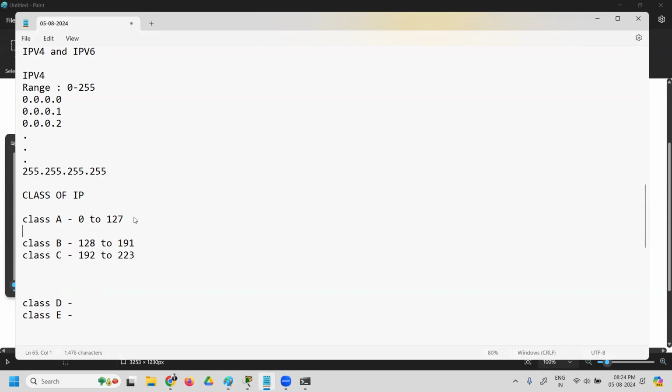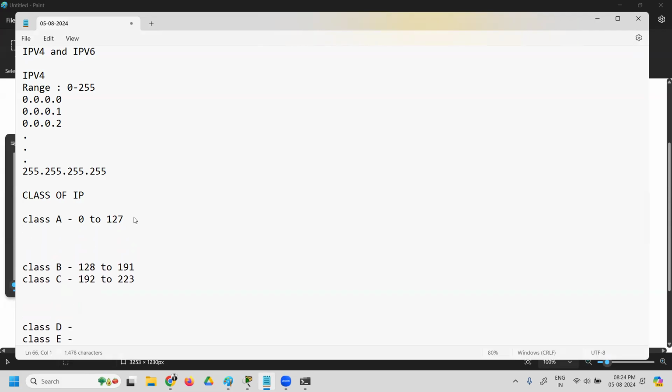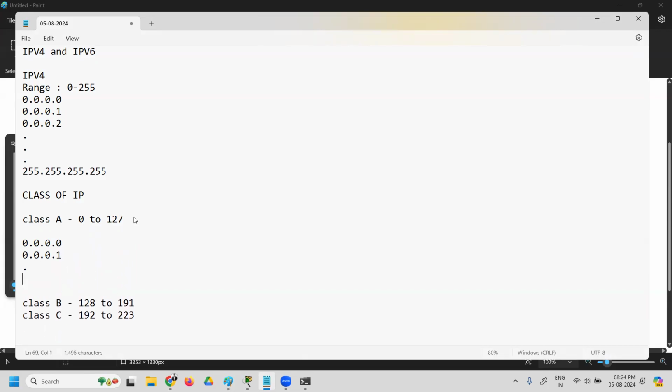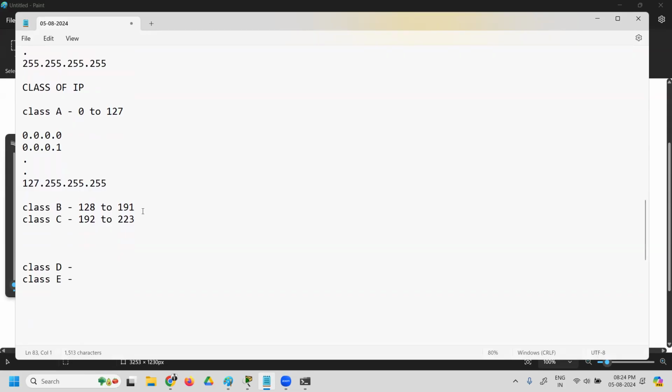Now, talking about Class A, the range of this IP class starts from 0.0.0.0, 0.0.0.1, 0.0.0.2, and it goes till 127.255.255.255. That is the last IP of that range. For Class B, it starts from 128.0.0.0, 128.0.0.1, and it goes till 191.255.255.255.